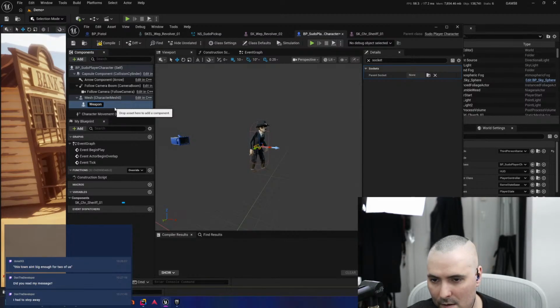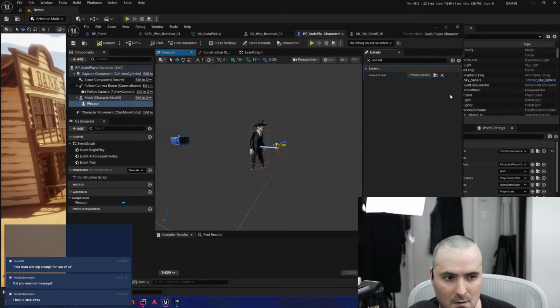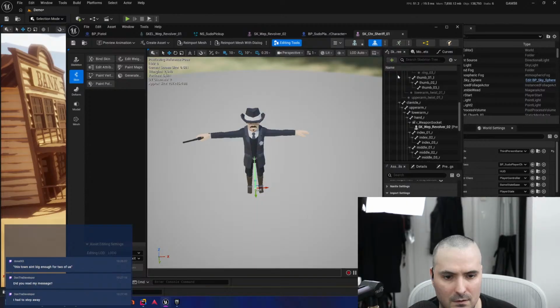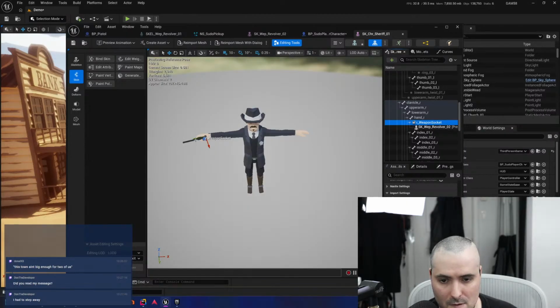Weapon. There. Our weapon socket. Oof, I put that in the wrong spot.